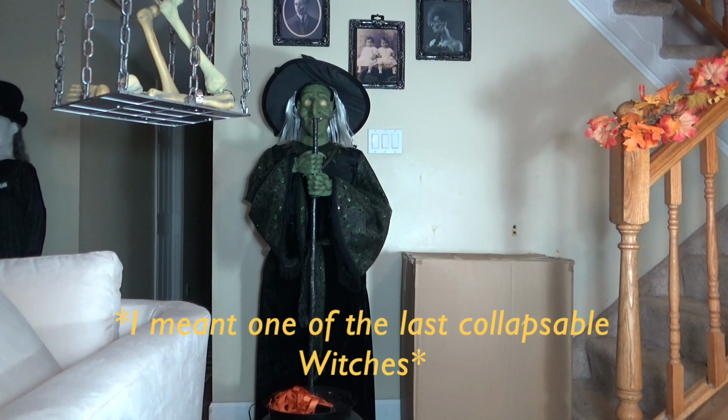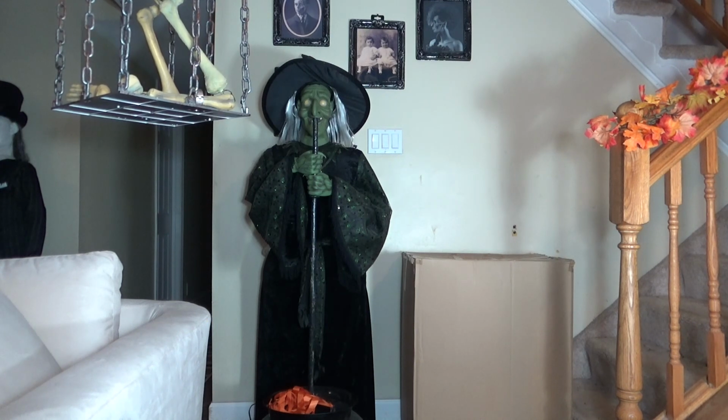I believe that there was a 2013 Cauldron witch that was also collapsible. So that's why I say one of, because I don't remember the year of the other one, but the last one I believe was sold at Party City and then some other party stores, and she's got the regular 2013 box. But this one wasn't exclusive, but I think it was only sold in store in one place. This was sold at Menard's in 2012, and then on a website called HSN,